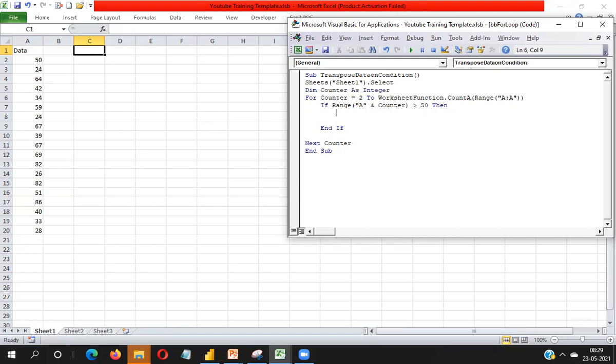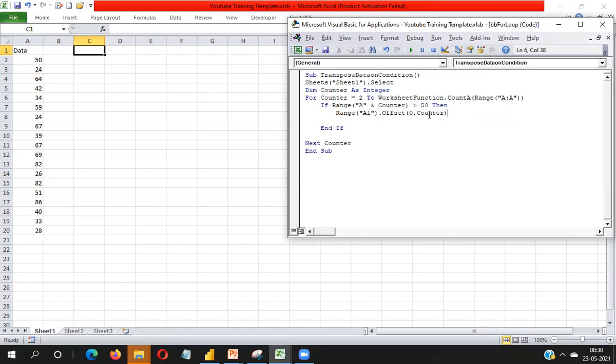Here I need to take Range("A1"), the base cell reference, dot Offset. If I take counter here, you will face an issue. Okay, let's see. I'm taking counter here. For the row reference, take 0, and then for the column reference I take counter.